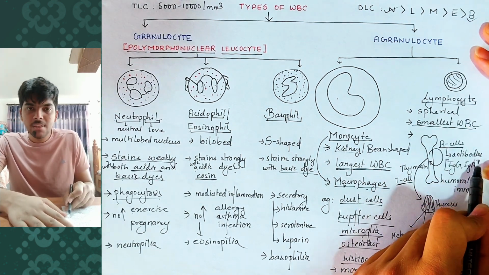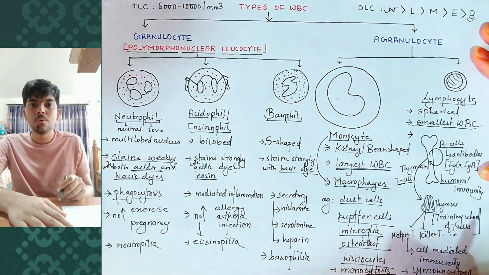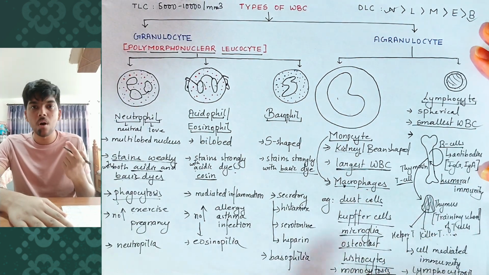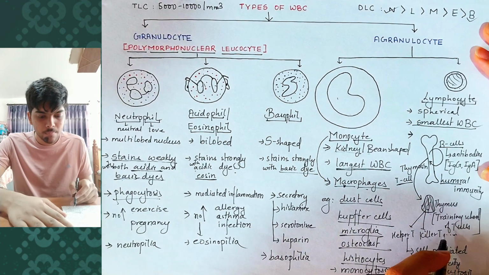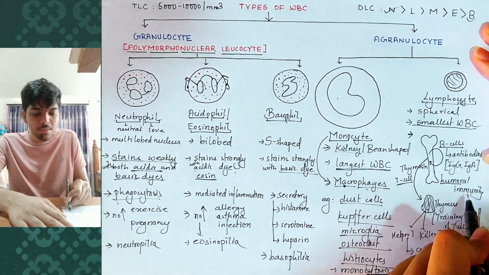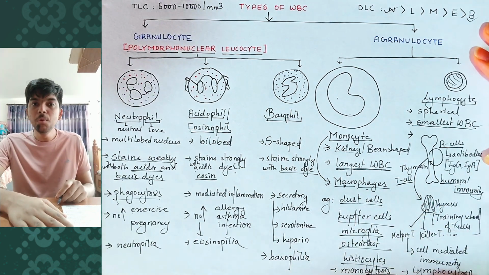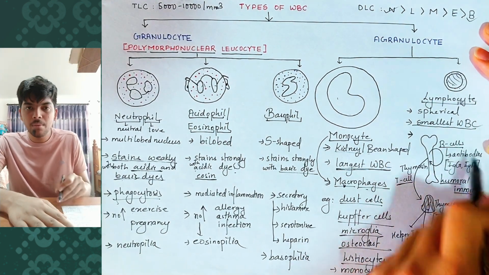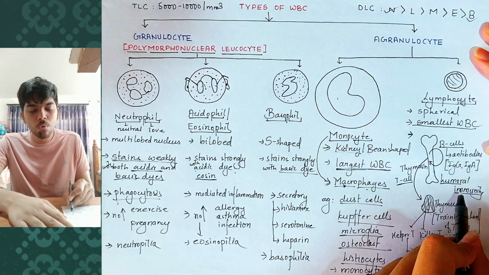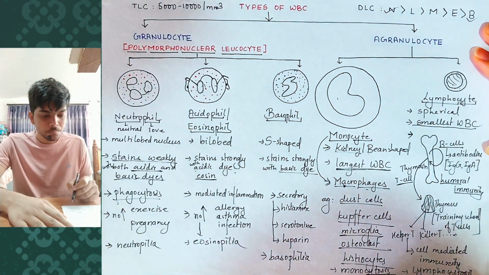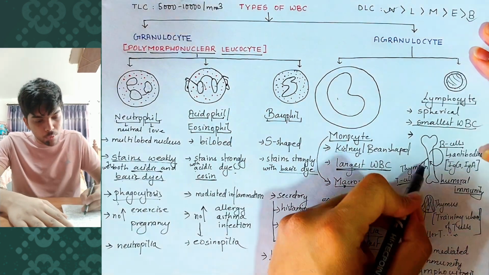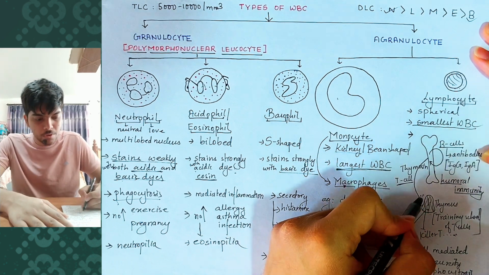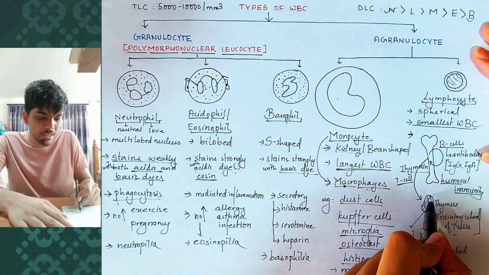Since these antibodies are present in the humor or the fluid portion, such as blood and lymph of the human body, and since they provide immunity, the immunity gained from B lymphocytes is called humoral immunity. But if the lymphocyte comes out due to the secretion of thymosin by the endocrine gland